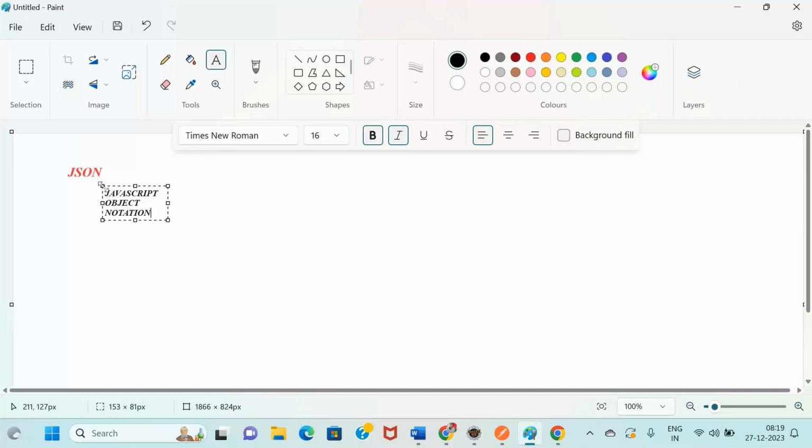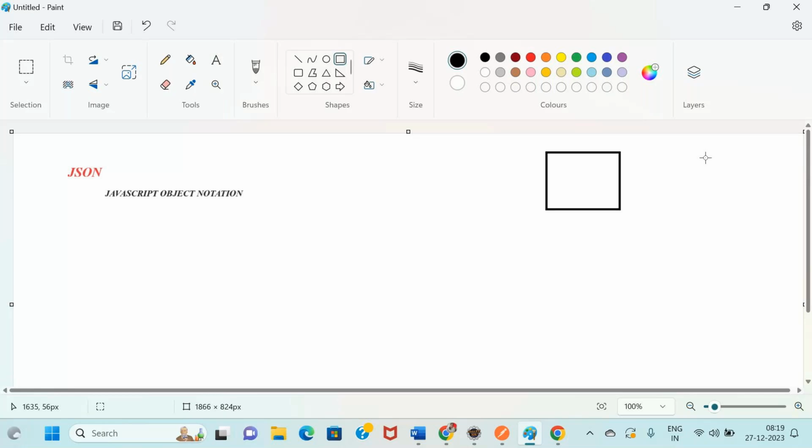So why are we learning this JSON language here in API testing? As I told you before, consider this is one application and this is another application. In order to communicate with each other, this application is communicating with that application, and vice versa.